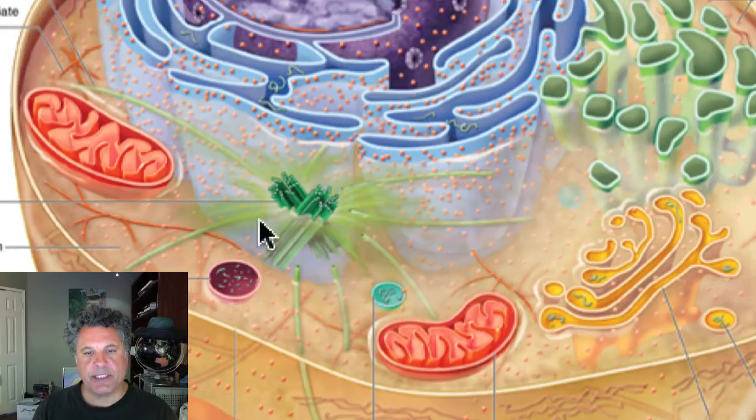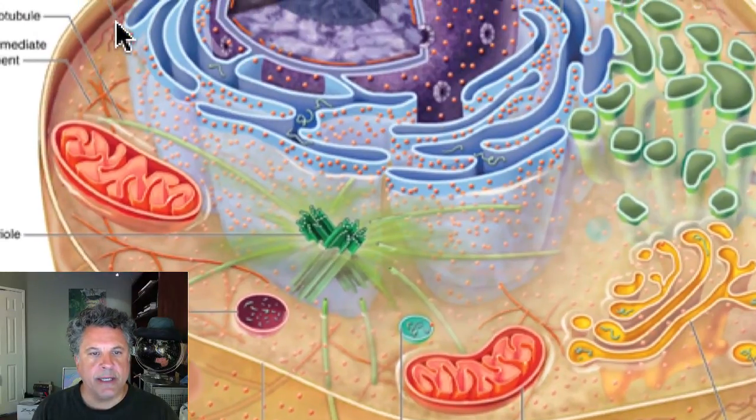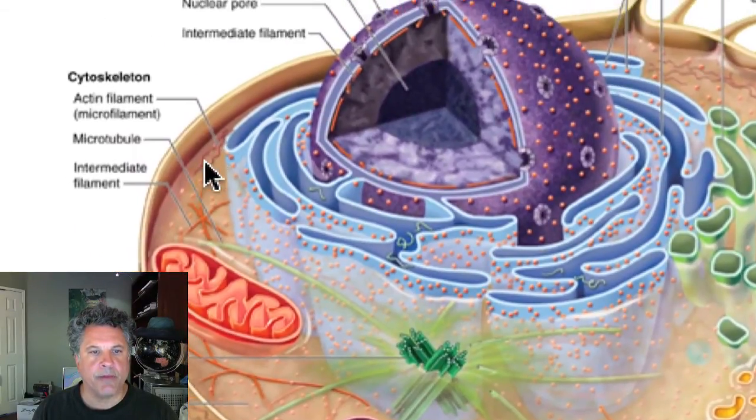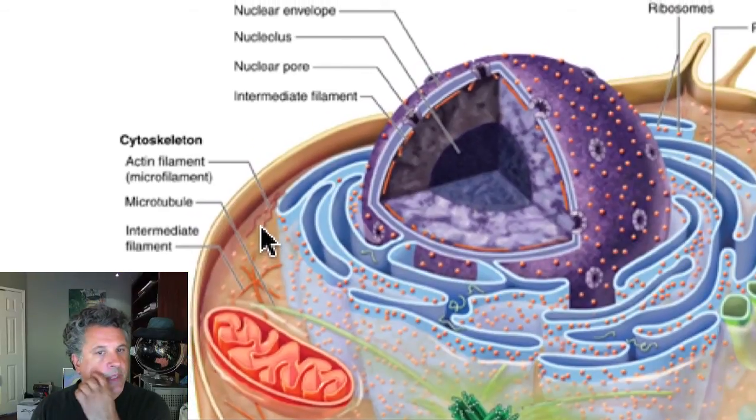And we have elements of the cytoskeleton. Here we see two centrioles that are involved in the organization of long cytoskeletal cables called microtubules, composed of the proteins alpha and beta tubulins. And we'll be talking about those in addition. Here are some actin microfilaments. These are part of the cytoskeleton that consist of the polymerized protein actin. And then we also show an intermediate filament, another cytoskeletal element as well.